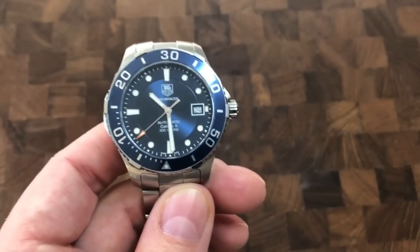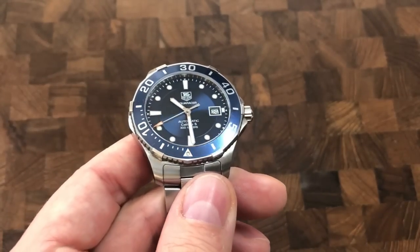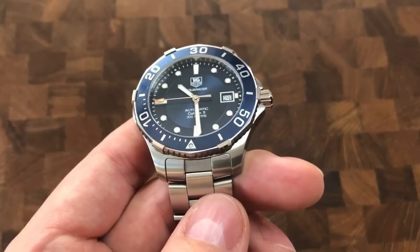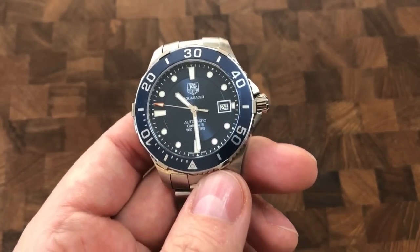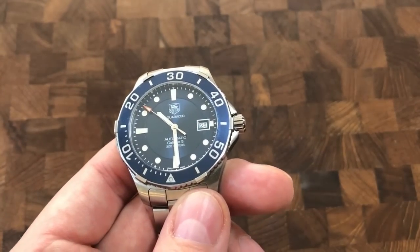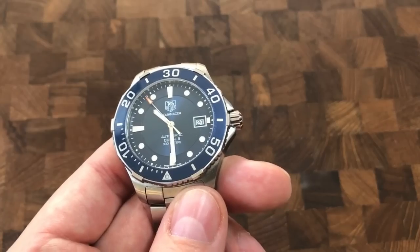But if you enjoy this watch and you like the looks, I would say this is a very nice choice for you to buy. It's definitely a watch I'm going to keep in my collection because I super much enjoy it. I hope you enjoyed this full review of the TAG Heuer